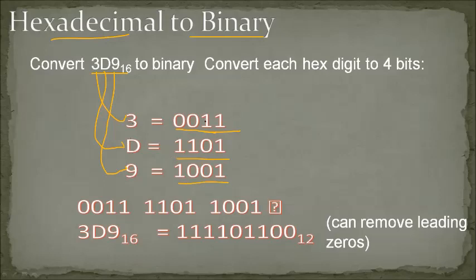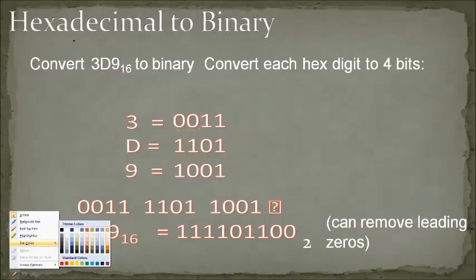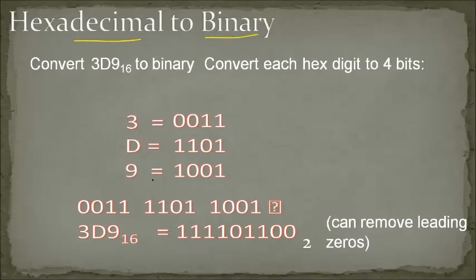If you have any doubt how to find this, just remember the previous method: divide by 2, how many times will it go? One time remaining, and that's all. So when you are writing this value, you will write 1 1, and you will add 2 zeros before, because you have to make this 4 bits or 4 digits. That's why. Same thing, you have to follow this, and when you are writing it, you have to write it in this way. Sorry, it's a typing error. It's not 12, it's 16. Okay. Hexadecimal and binary conversion.